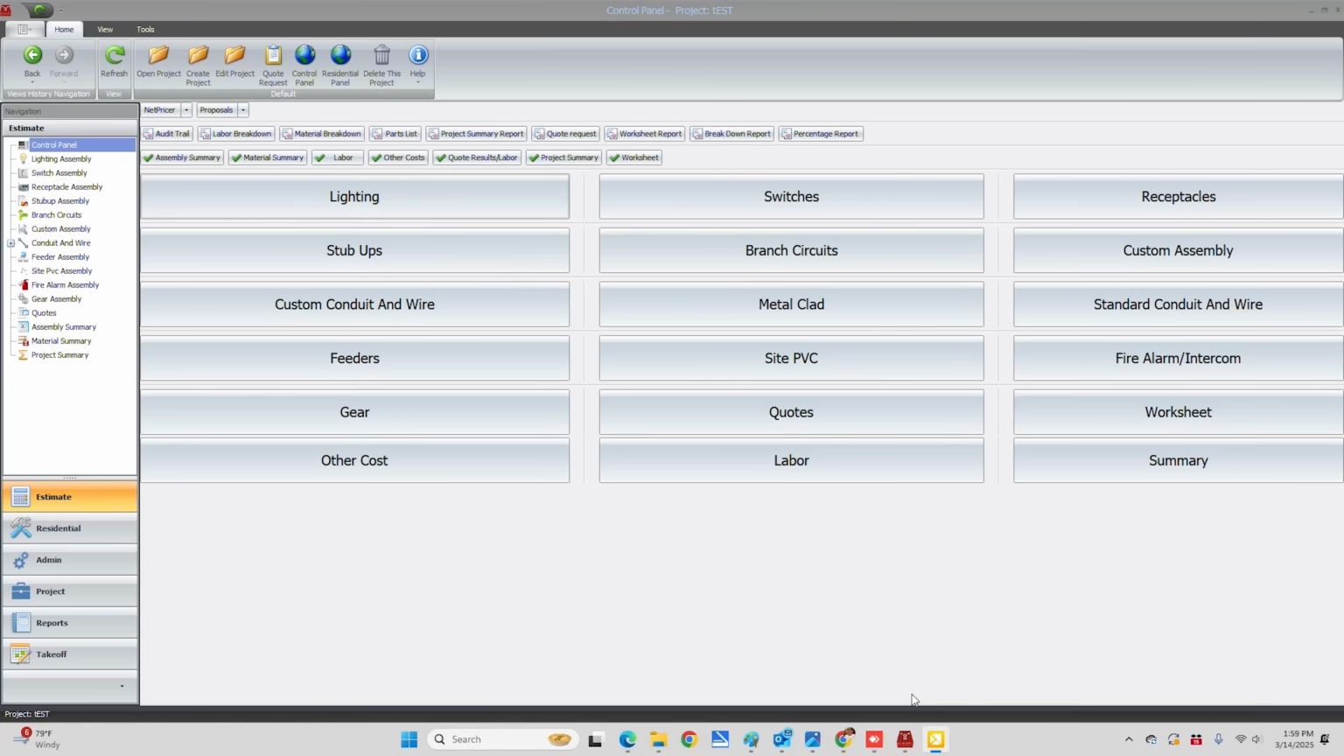I've discovered lately that I'm amazed at how many people do not back up their software. They don't back up their estimates. So I'm going to give you the how-tos of how to do it. When you do it is up to you. But my recommendation is